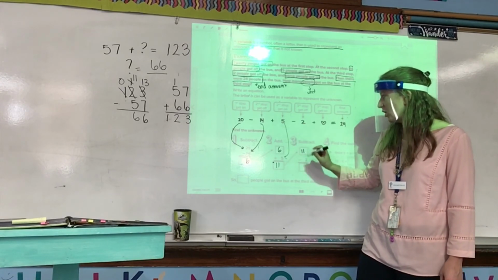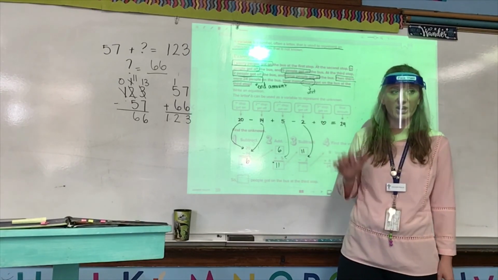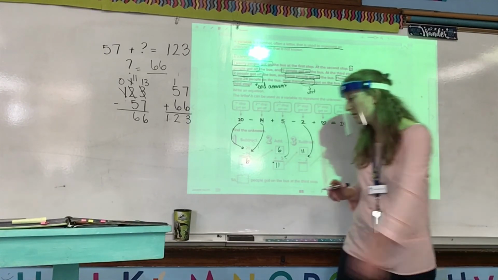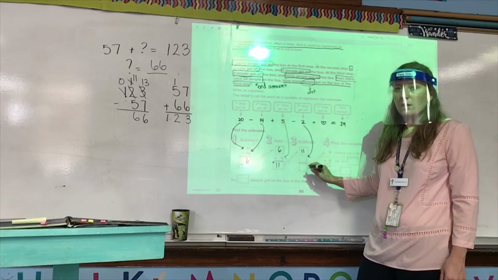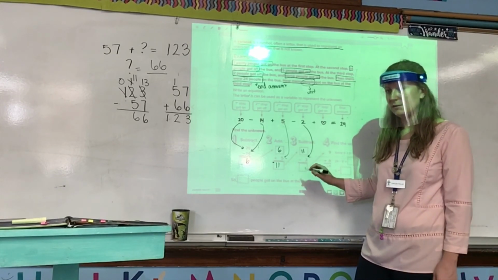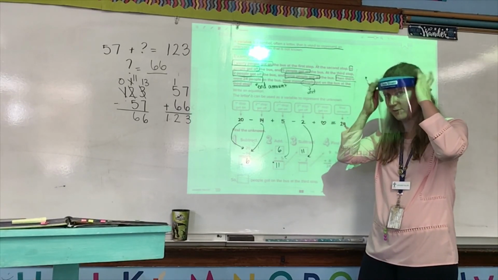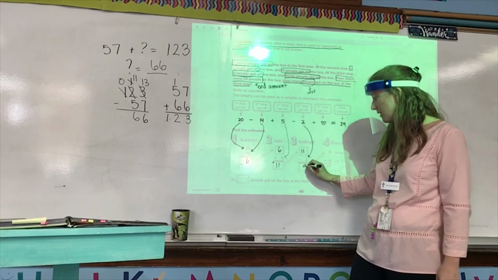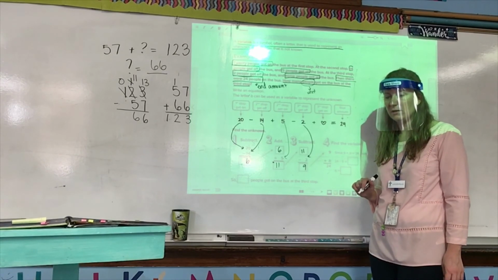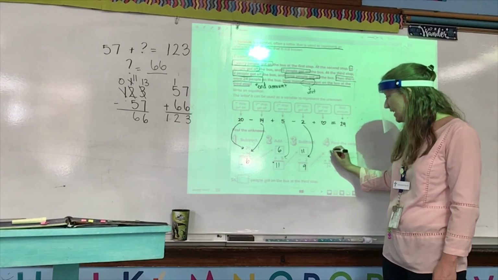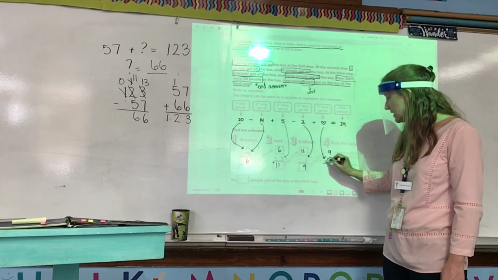Then we have to use our next number. We have to subtract 2 because that's how many people got off at the second stop. So 11 minus 2 is what, Victoria? 11 minus 2 is not 8. Use your fingers if you need to. Don't try to just keep it all in your head. 9. So how many people are there in the middle of the second stop? 9. So we bring that up. Now we know what we have left is 9 plus heart